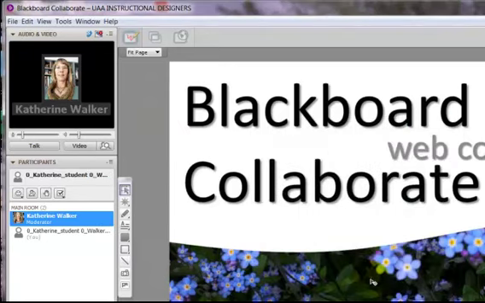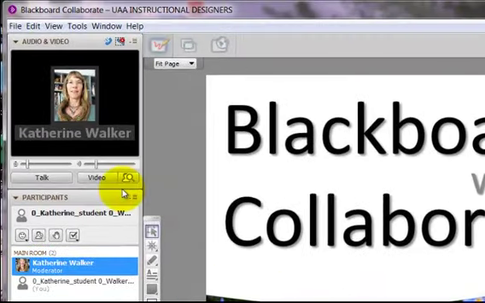In order to communicate with voice in Collaborate, you can use the talk button. Click the talk button once and speak, and then click the talk button a second time to turn off your microphone. You can use these sliders to adjust the volume of your microphone and your speakers. You can also share video if you have a webcam. It works the same way. Just click it once to turn on your webcam so other people can see it, and click it again to